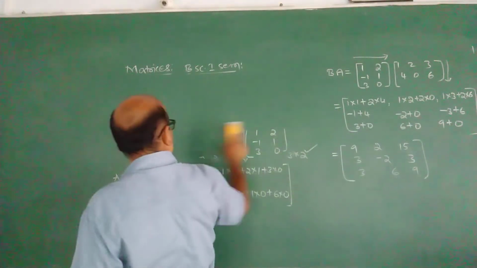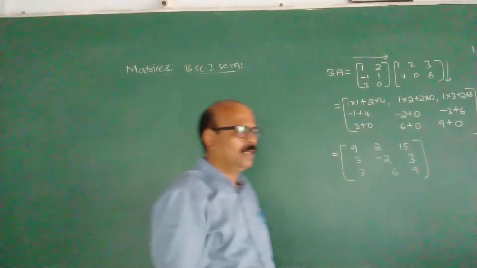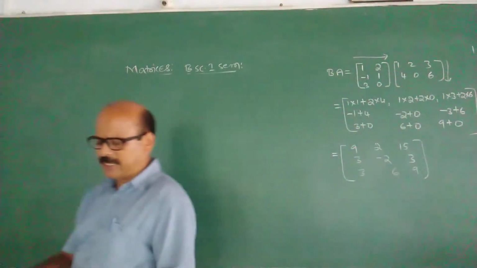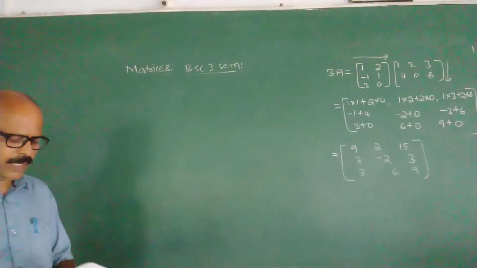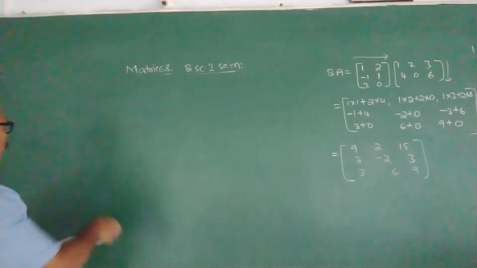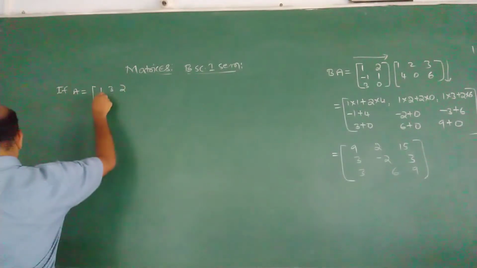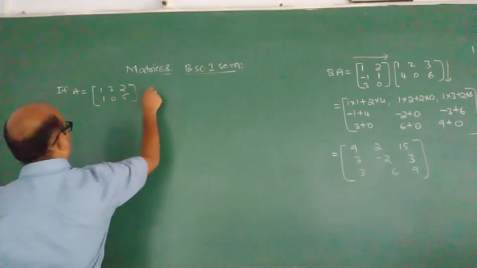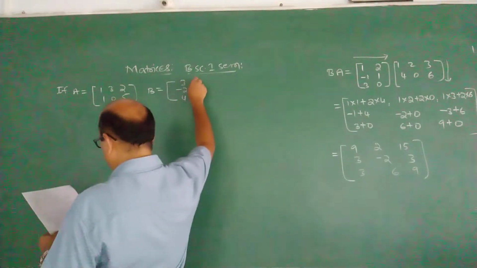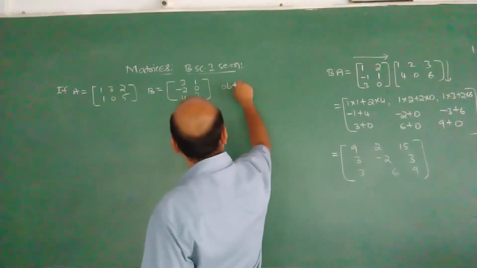Let us consider some more things here. All the things I discuss in this video are not a new subject. This you have already studied in PUC classes. I take next: if A is 1, 3, 2, 1, 0, 5, B is 3, minus 2, 4, 1, 0, 3,